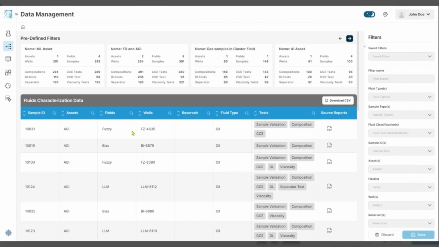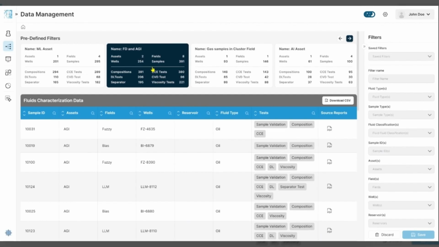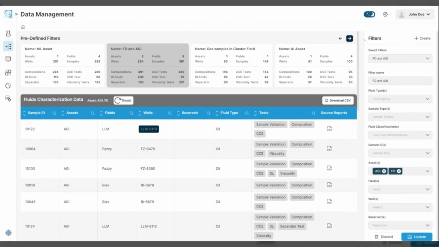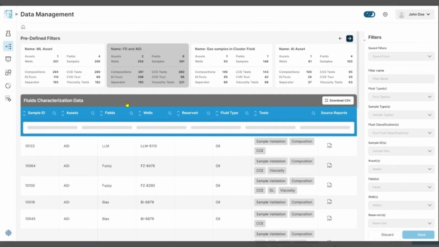For example, the FD and AGI asset filter combines data from two assets, covering 254 wells, 391 samples, and includes composition, DL, CCE, viscosity, and other tests. When you click a filter, it is applied right away. You'll now see the applied filter displayed in two places, above the data table and on the right panel, where each selected filter field, like asset, field, or well, is visible and editable. If needed, you can always click the Reset button to quickly clear the applied filters and return to the full